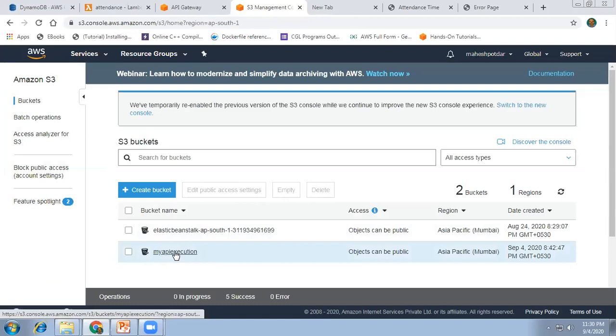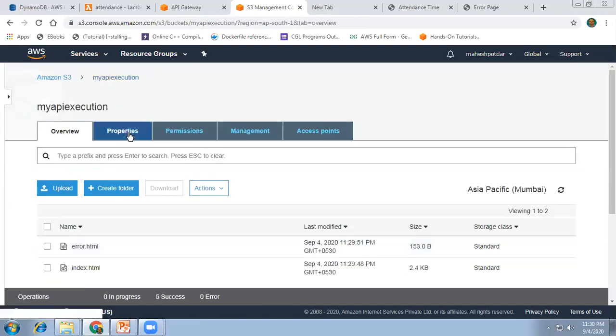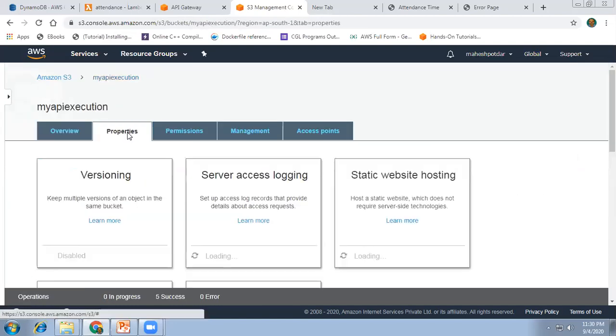Select the bucket. After selecting the bucket, click on properties. Use the static website hosting link to host the website on S3, Simple Storage Service. So I'm hosting the website with the help of an Amazon S3 bucket.